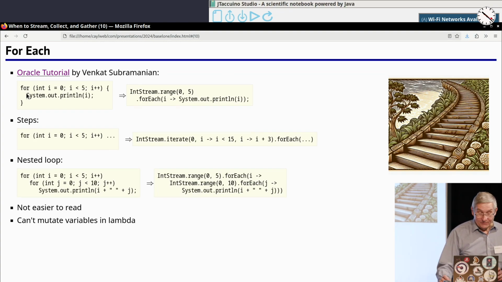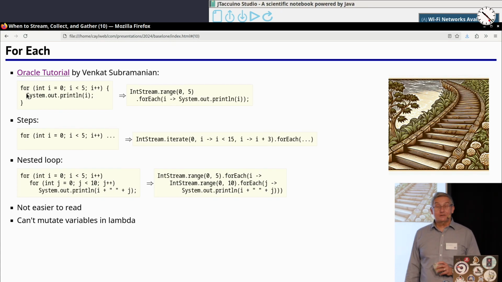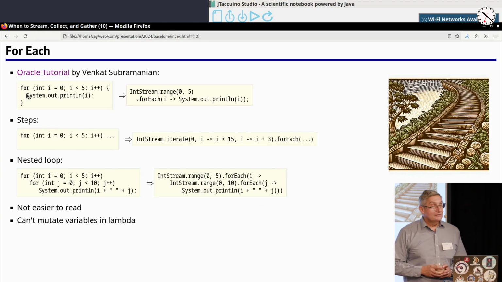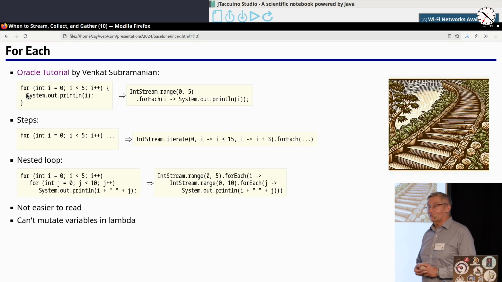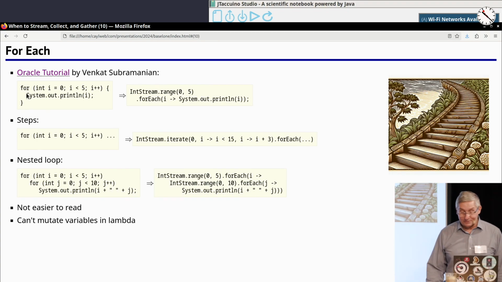But more importantly, when you actually try to do this in anger, what almost always happens is that you don't want to call System.out.println in the loop. I don't write that many loops that have System.out.println, but they normally want to do something, and more often than not, they want to mutate some variable. Well, in a for loop, of course, you can change variables from the outer scope just fine. But if you have a lambda expression, you're not allowed to mutate a local variable from the outer scope, because all you can touch is the things that are implicitly final.